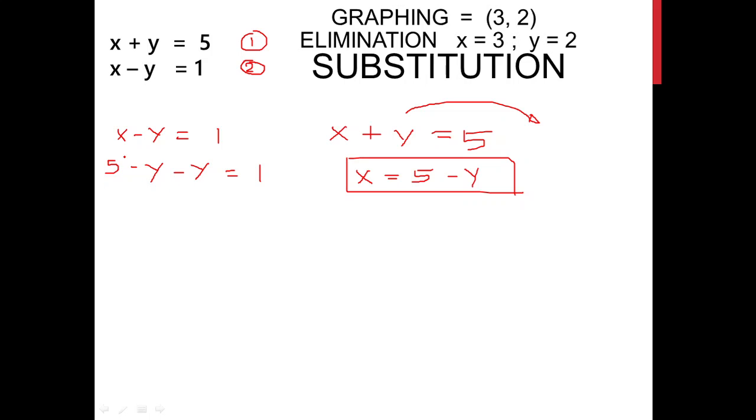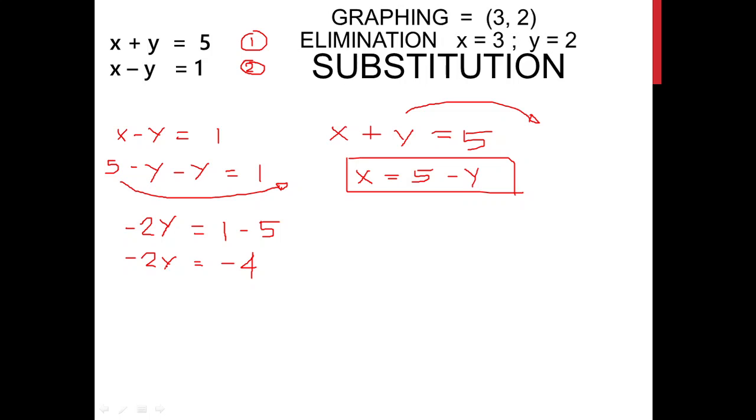I need to transpose 5 to the other side to combine with the other constant 1 here. So I'll transpose it, so that what's left here is my negative y and negative y. Negative y and negative y are similar terms, both negative, so I have negative 2y equals 1. My positive 5 becomes negative 5 now. So I have negative 2y, and 1 minus 5 gives us negative 4.